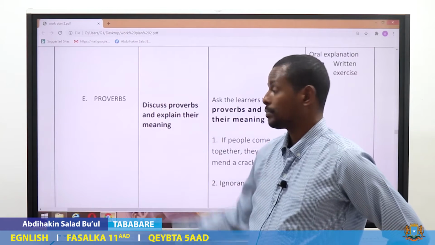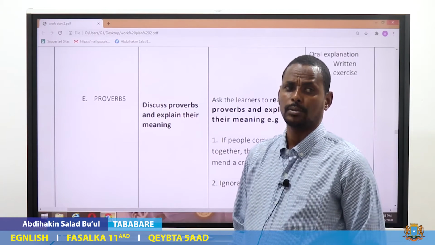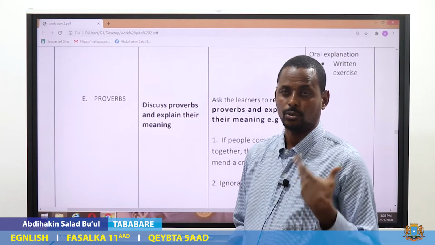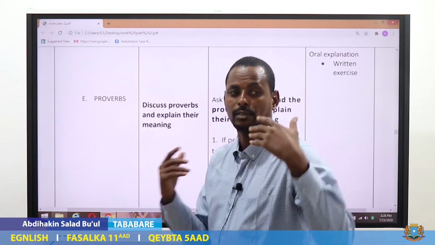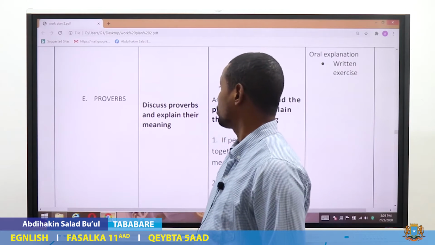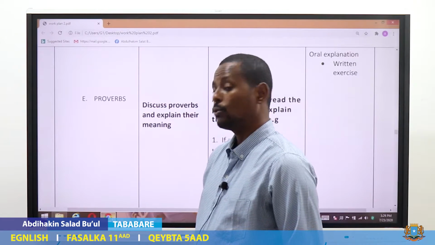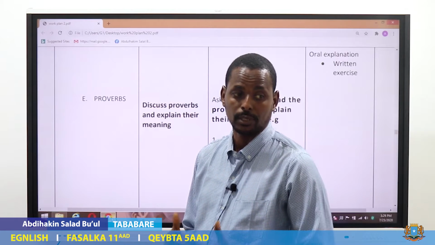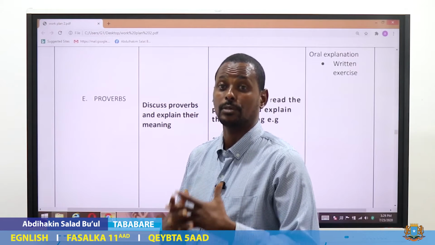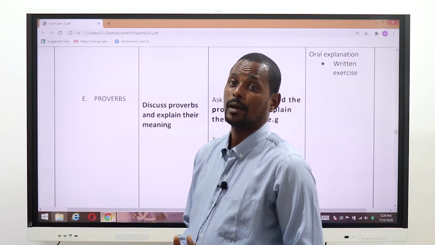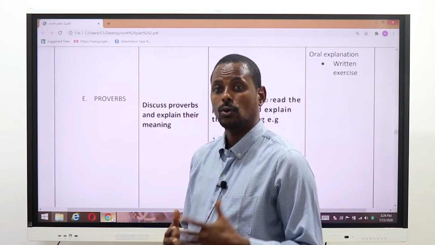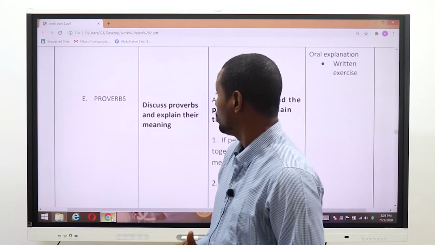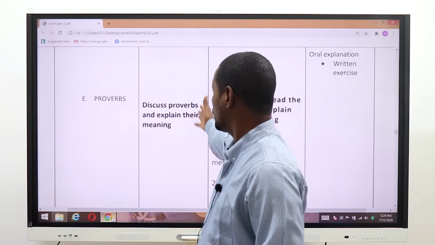Now, proverbs is not a new concept in oral literature. We have done it in grade 9. Students have done it even in primary level. We know what proverbs are. But for us to make our students understand proverbs and the use of proverbs, and why proverbs are very important in language, and the message they carry, and all the eminence of proverbs, we have developed an objective,